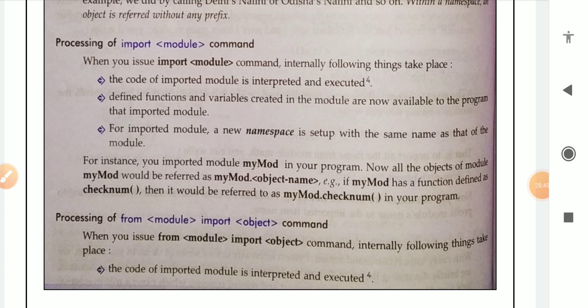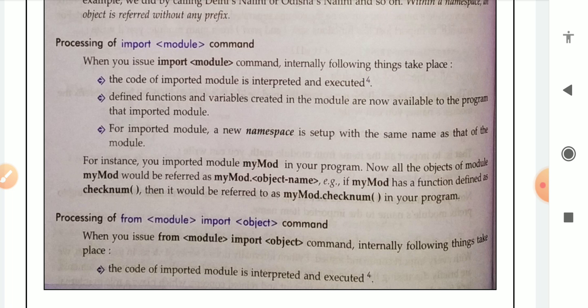For example, if you imported the module my mode in your program, all the objects of the module my mode would be referred to as my mode dot object name. Example: if my mode has a function definition checksum, then it would be referred to as my mode dot checksum in our program.